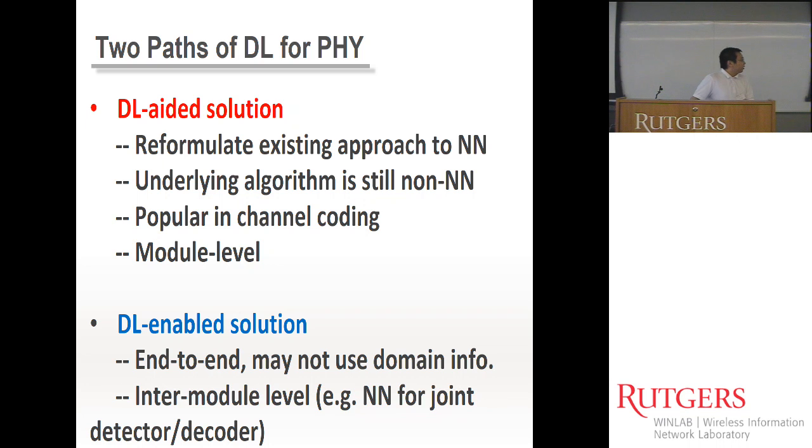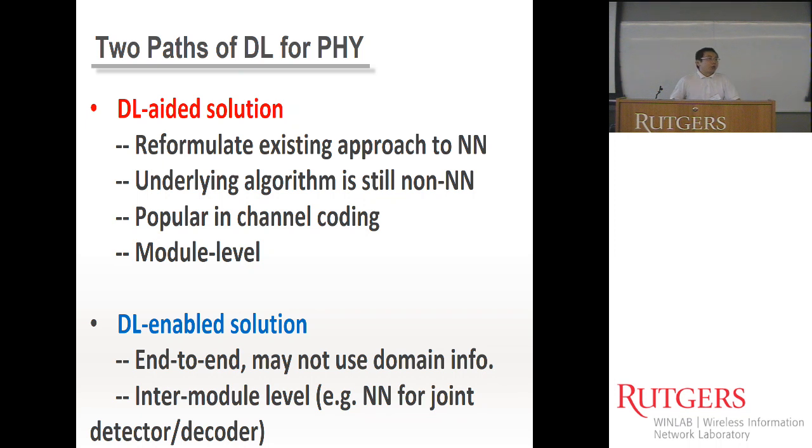And the second type of solution I call the so-called deep learning enabled solution. That is a more aggressive strategy. In the extreme case, for the entire receiver end, we just use one neural network to do that. It's a totally end-to-end solution, which is a very typical neural network style. Sometimes some people even propose that we do not use any domain information, but I doubt that this can work. And a less aggressive method is that